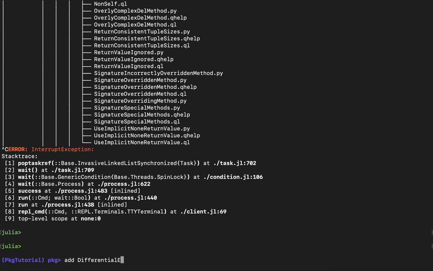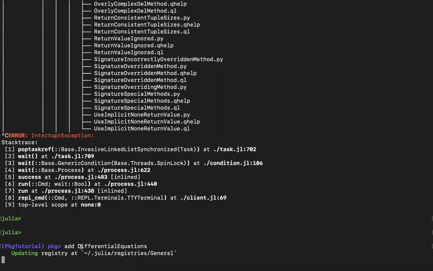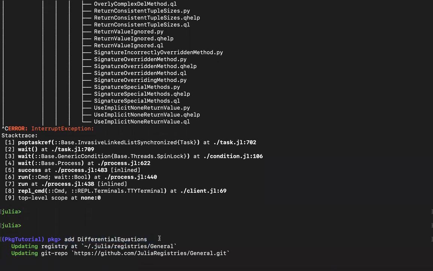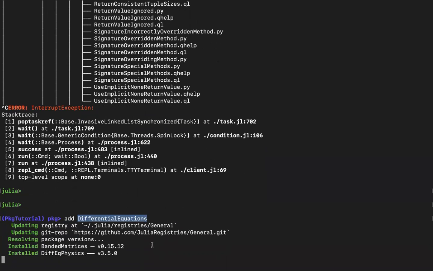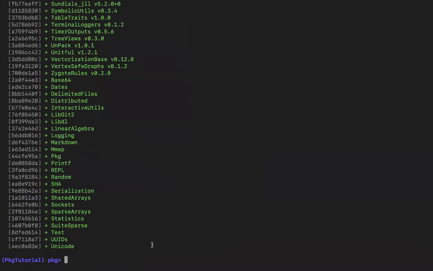This will search the online Julia registry. There is a registry called the General Registry, which is hosted on GitHub. It searches for the particular package called DifferentialEquations. If it finds such a package, it downloads the latest tagged version, not the master branch, but the latest tagged version,